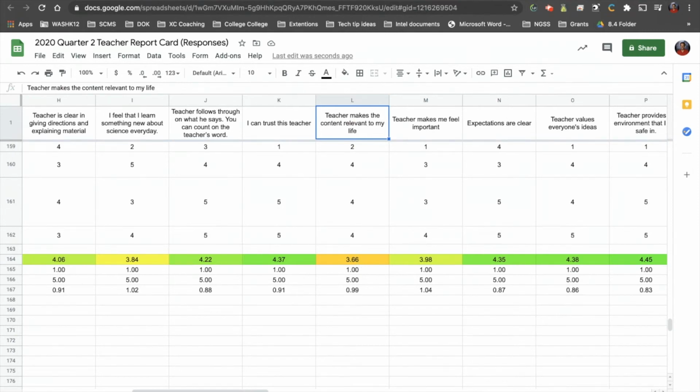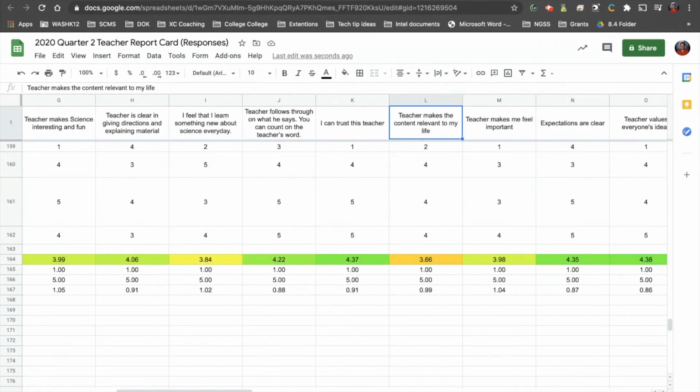So here's what I might do now. I might go back and think to myself, okay, what might I do if this is important to me? What might I do to make my class more interesting? Or how might I relate this to students more? Maybe we do a science journal. Maybe we do current events or something like that for warm-ups every day. Something to integrate. So as we go back from break, gosh, what can I do to do that?